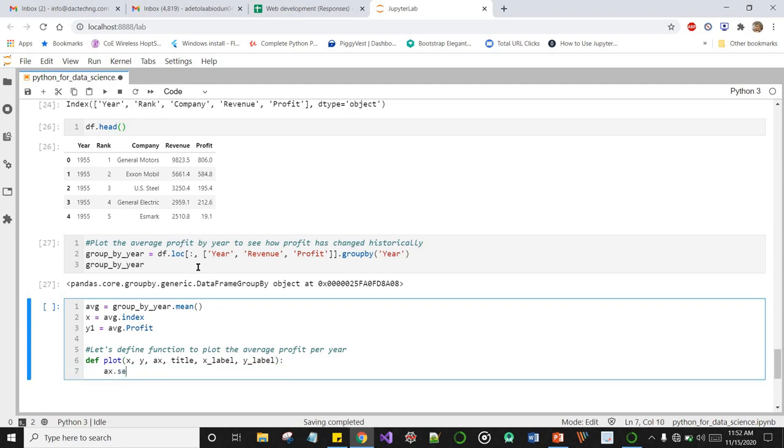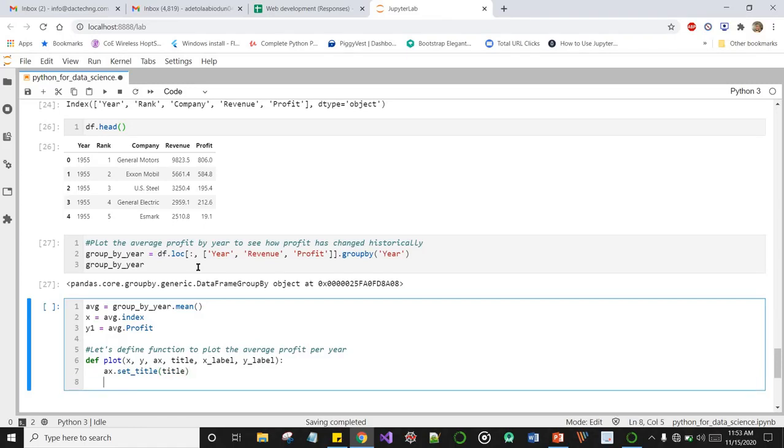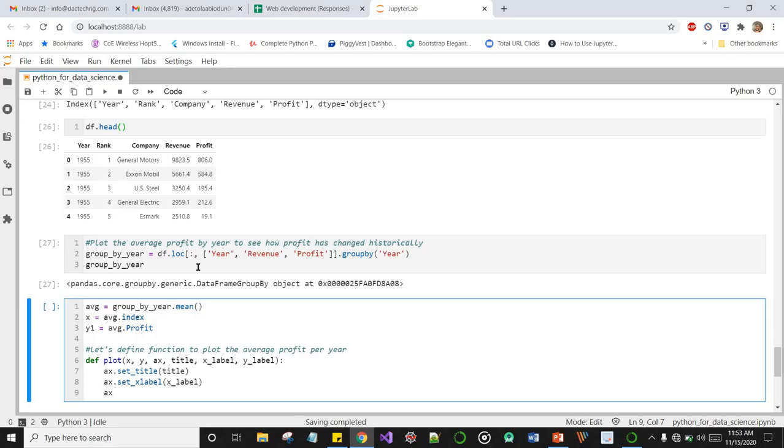So let's set the axis of our plot. Let's set the title to title, then axis.set_xlabel to x_label, and axis.set_ylabel to y_label.